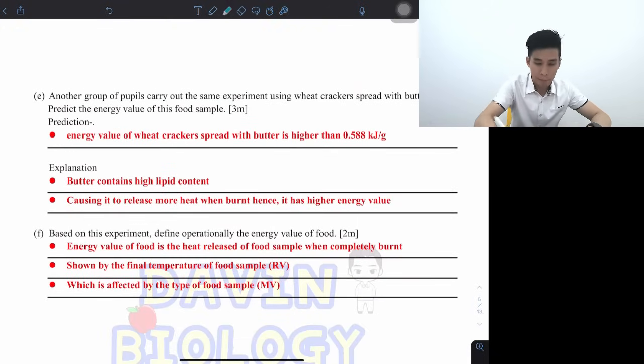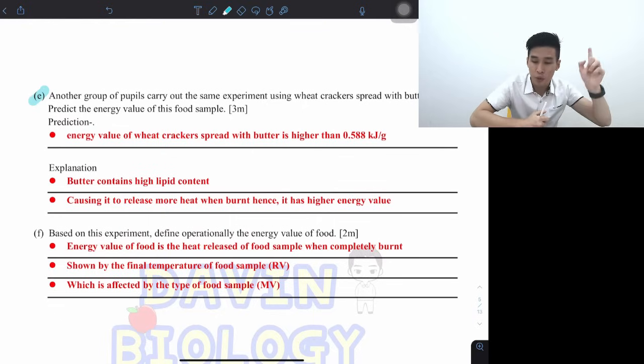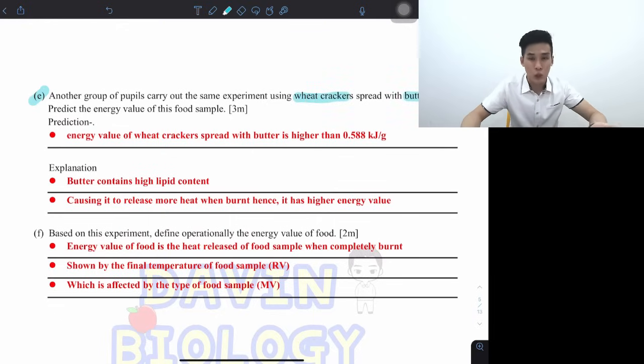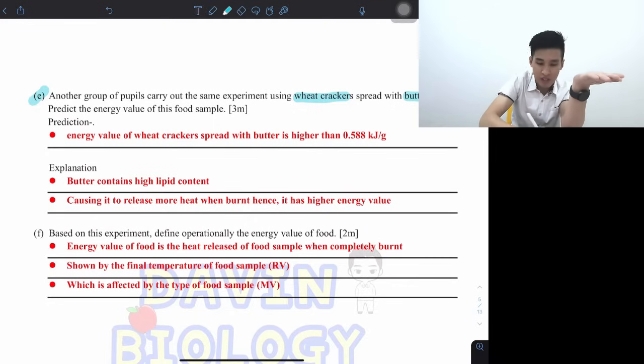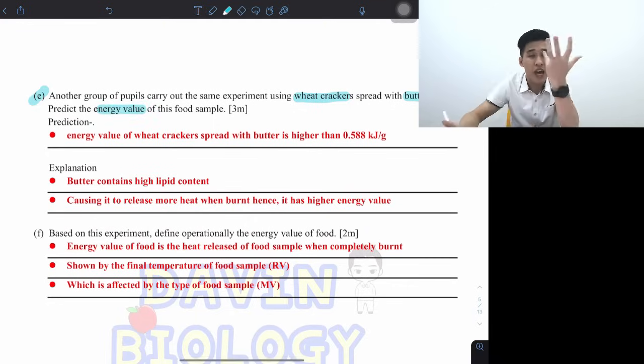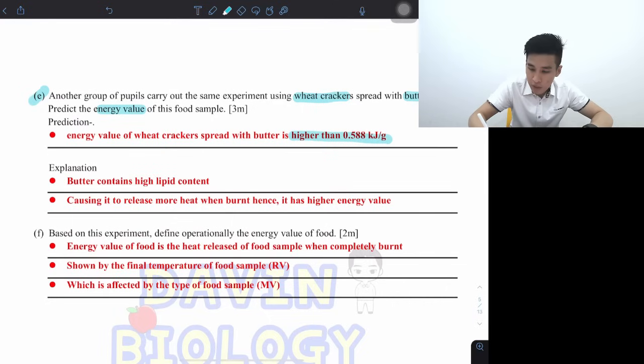Prediction question. So prediction question is, they will ask you to repeat the experiment, but you don't have to repeat. So they say you repeat the experiment, but now I use something slightly different than what you did just now. So I use wheat cracker again, but I spread with butter. So if you put butter on wheat cracker, then they say they burn the food, predict the energy value. Of course, the energy value will be way higher, because you got two different foods, right? So don't go say, oh, energy will increase, energy will be more. You must say higher than what you calculated just now,